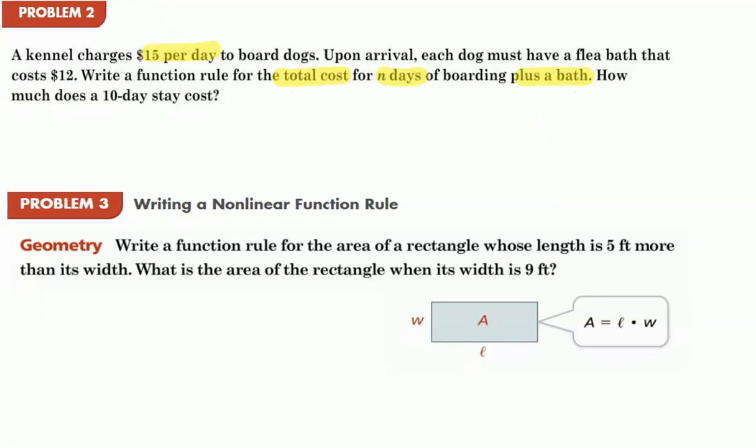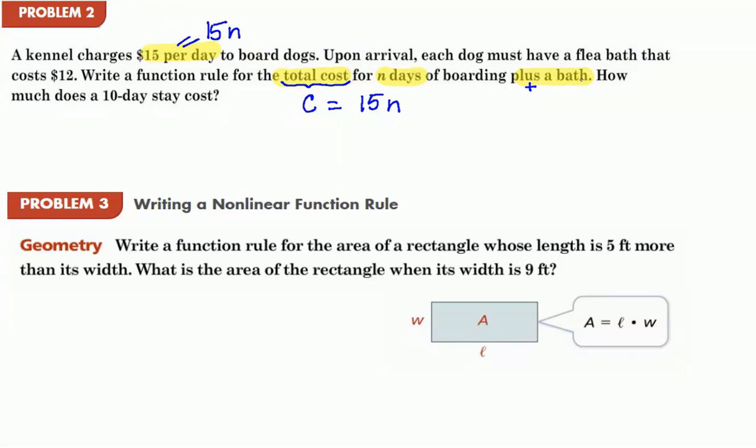So the total cost, that's this right here. That's what we're solving for. So this is going to represent C. The total cost is based on the number of days of the boarding, which is charged up here. It tells you how much it is. The boarding charge is $15 per day, but they want us to use n for days, so we're going to go ahead and say 15 times n. So the total cost is the number of days of boarding, which is 15 times n,